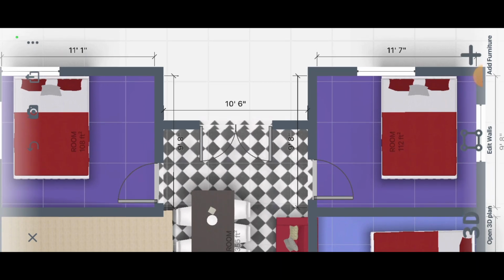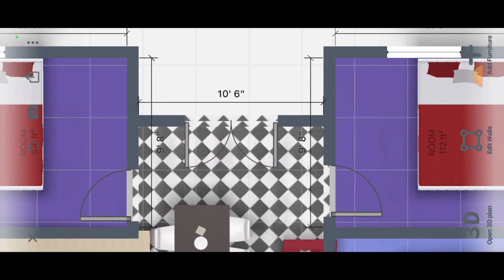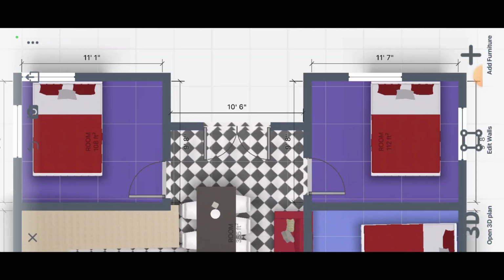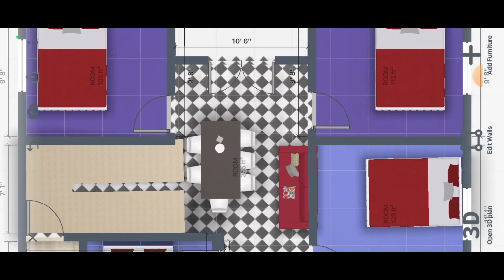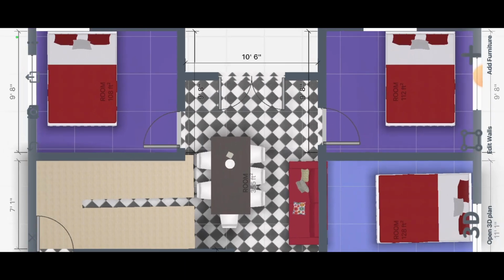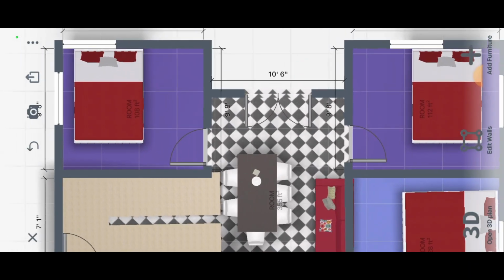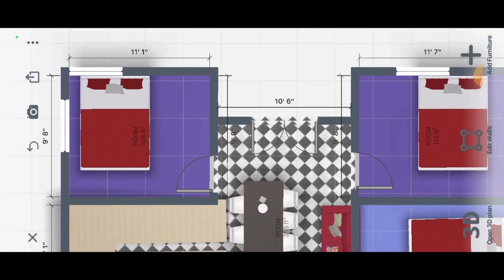This center is double doors, 10 feet 6 inch. Then enter the dining hall. Dining hall is 12 feet 6 inch,